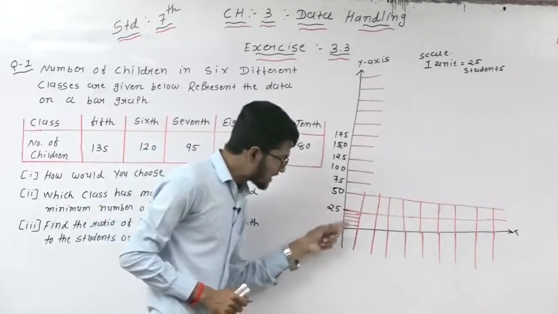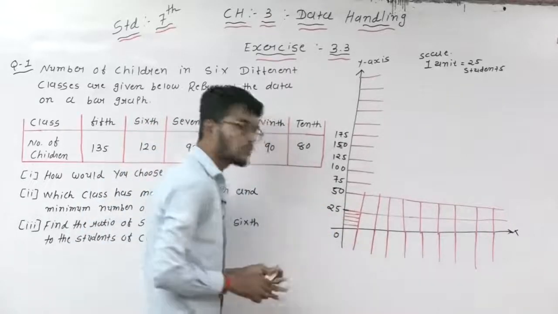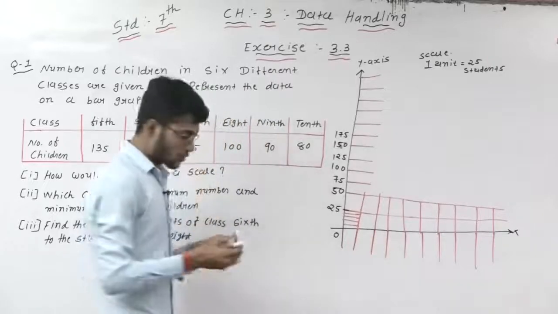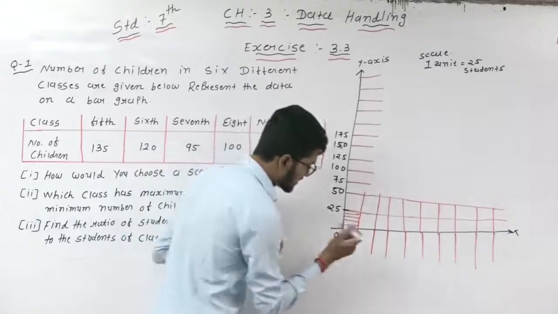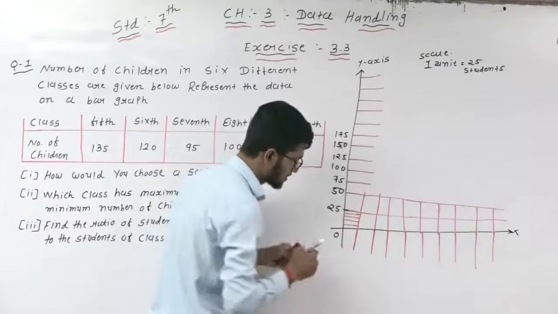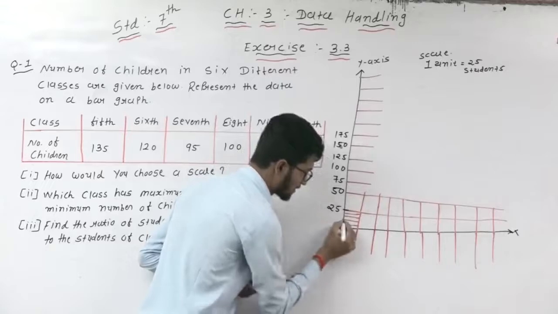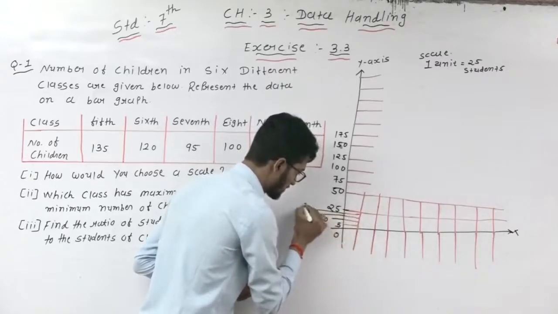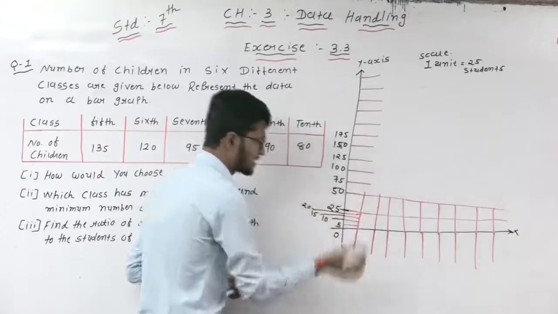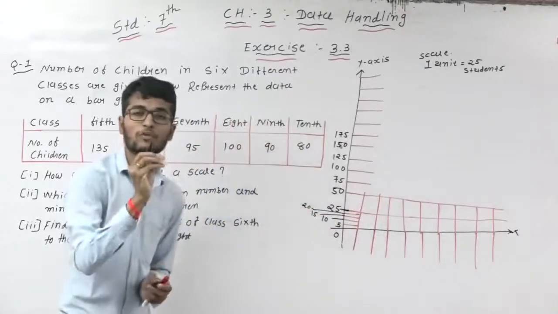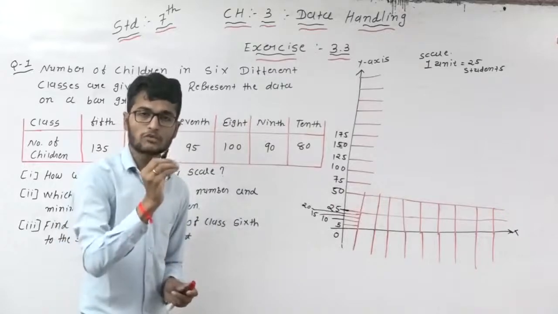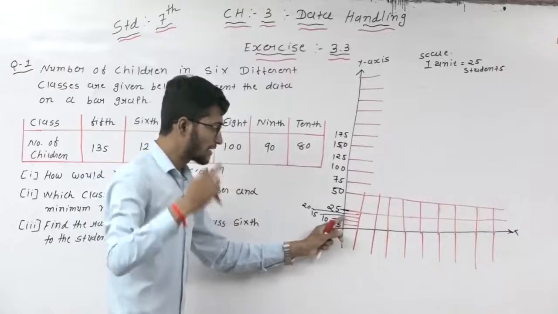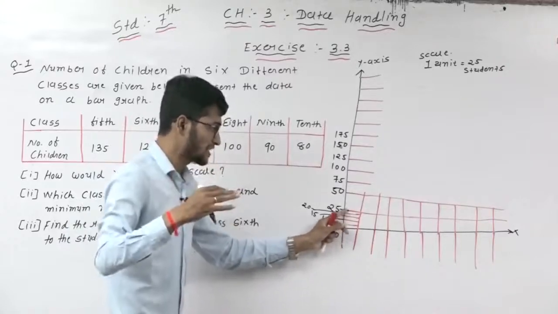But dear students, here lines are given, it means each line's value is equal to, so here the difference is 25. And how many lines in total? 5 lines. So this is our first line value 5, second line value 10, third line value 15, fourth line value 20, and the last line value is 25. It means each line's value is equal to how many? 5. Each line's value is equal to 5, right?